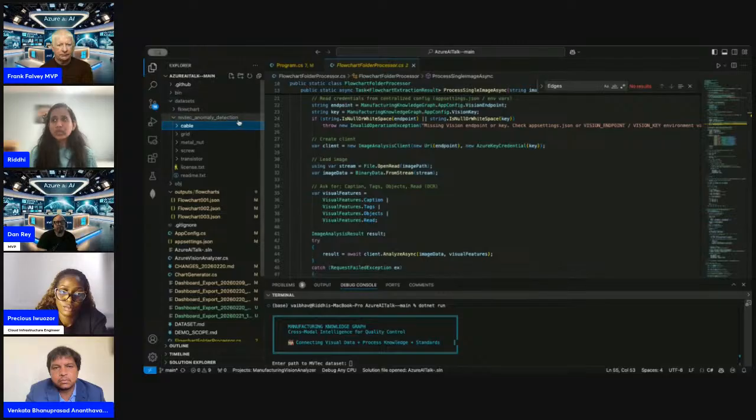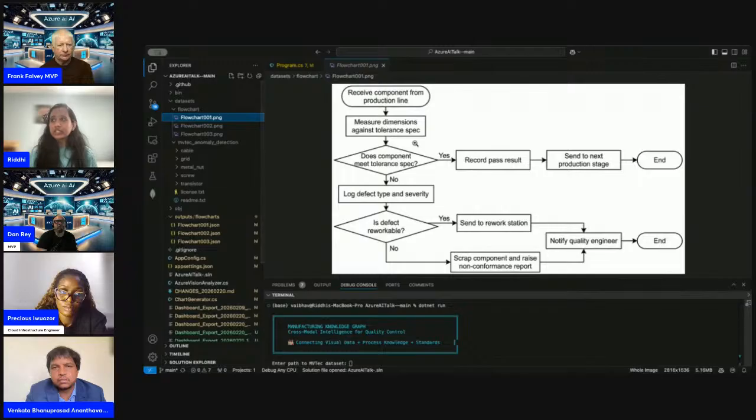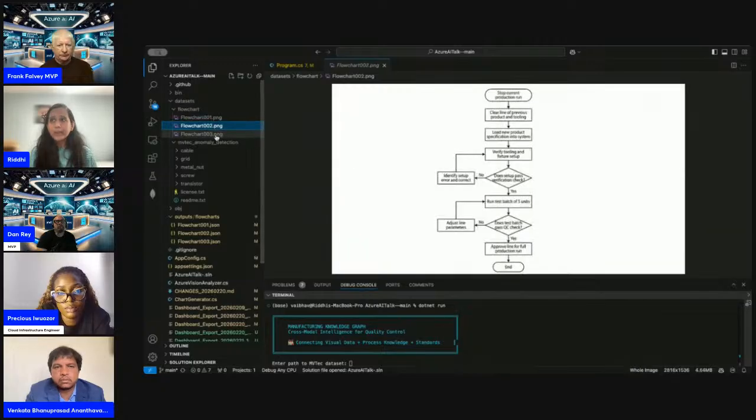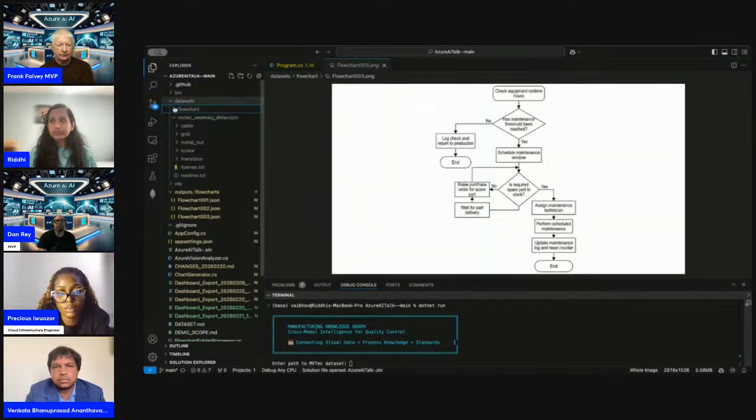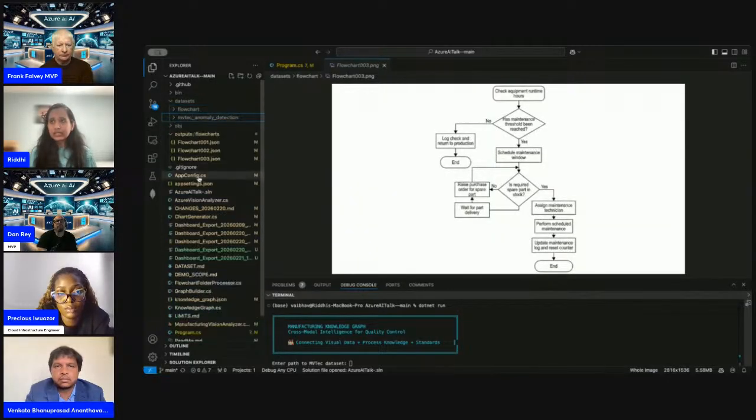So that's number one. And then number two is the flowchart over here. Again, this is synthetic data, but at par with the real flowcharts that we use in manufacturing. I have three of them here. So those are the two data sets.